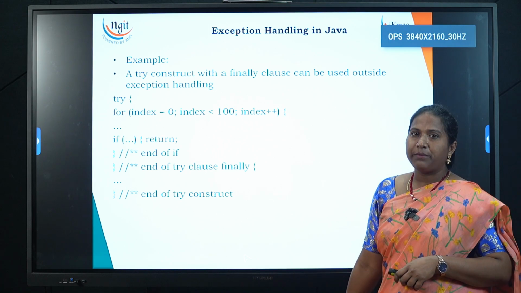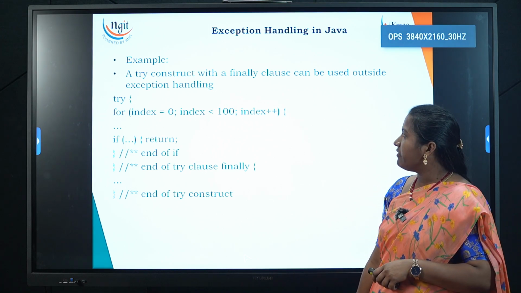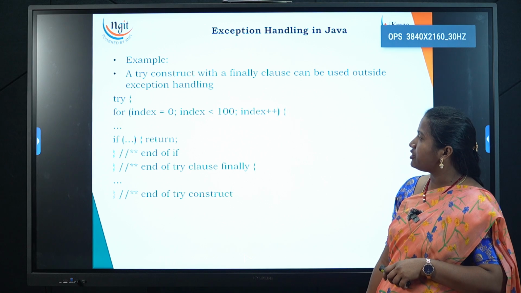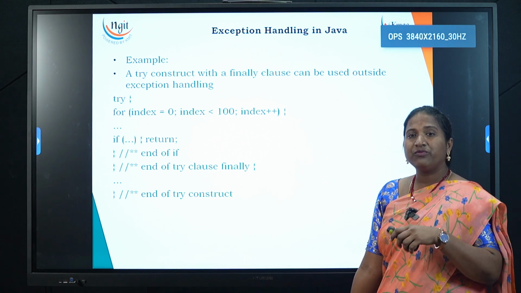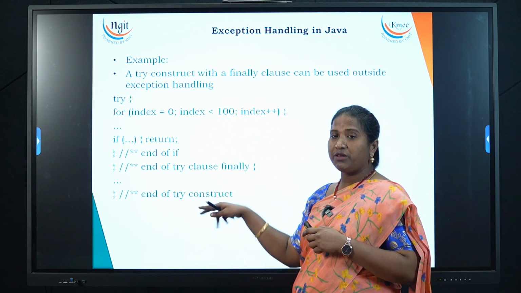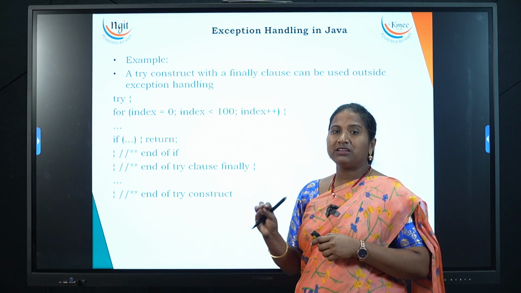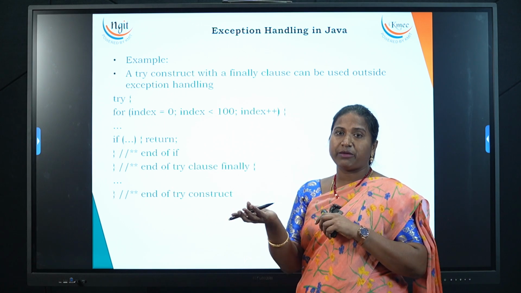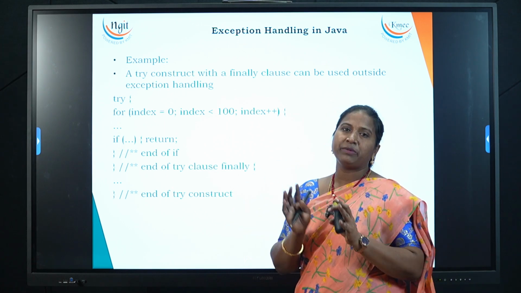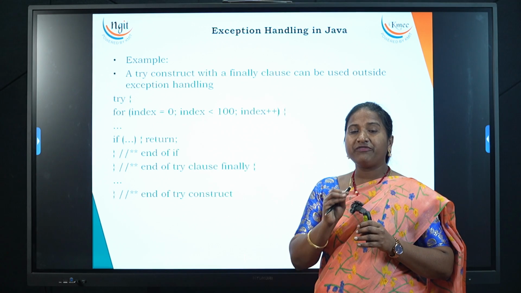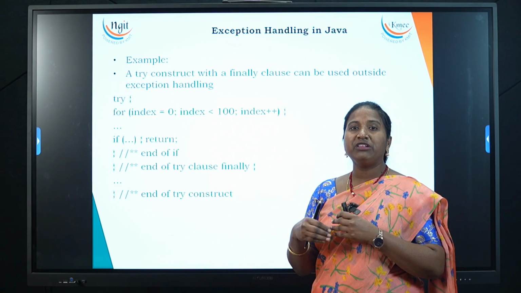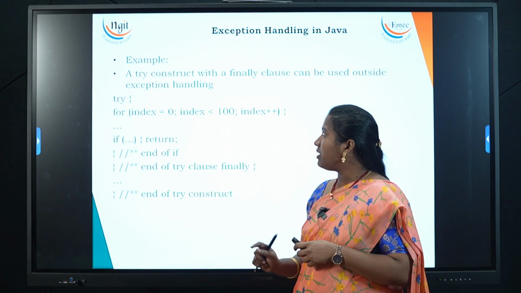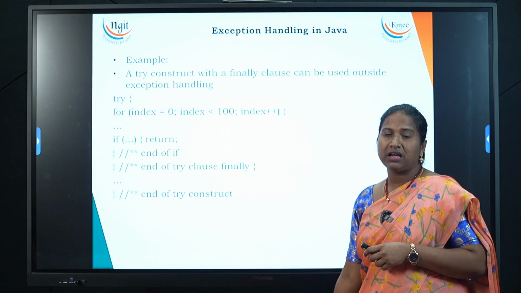Now this is the example. You can see the example. This is the way we write the exception in the try block. Then the thing which is not covered in the try block will be handled in the finally clause. Exception handling is basically done in the catch clause. If the exception is not handled by the catch block, then we throw that exception. So this is about Java, how exception handling is done.